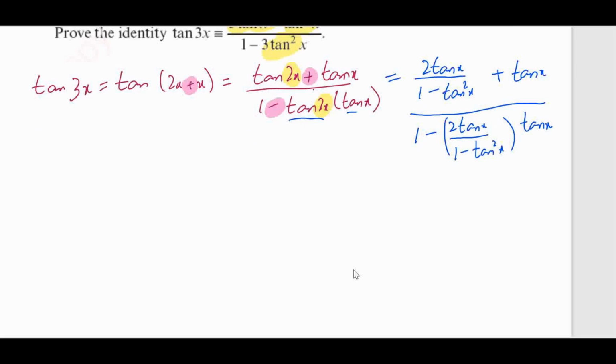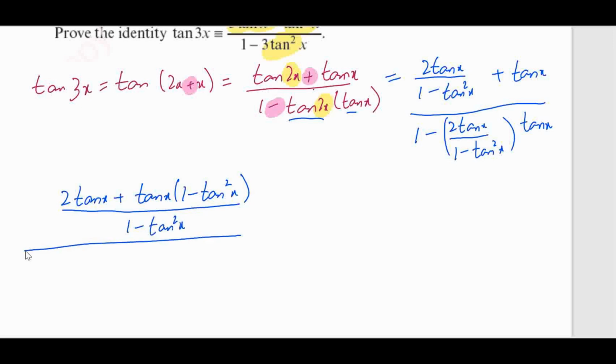Now if we take the LCM, so this will become 2 tan of x plus tan of x into 1 minus tan square of x, whole divided by 1 minus tan square of x. ये अभी हमने सिर्फ न्यूमिनेटर में एलसीएम लिया है. Now denominator अगर एलसीएम लें, this will be 1 minus tan square of x, इसको आपने 1 से मल्टीप्लाई करना है, then minus 2 tan square of x,